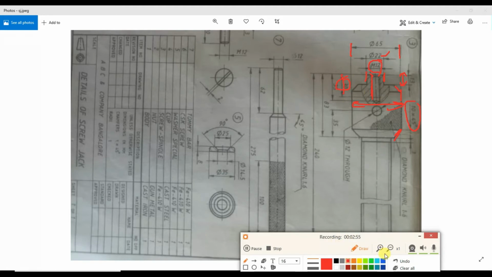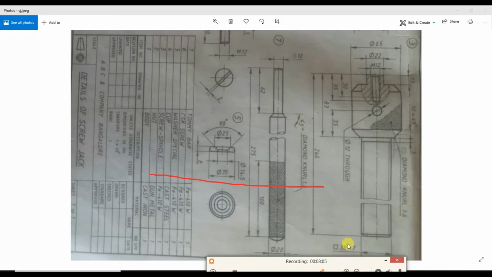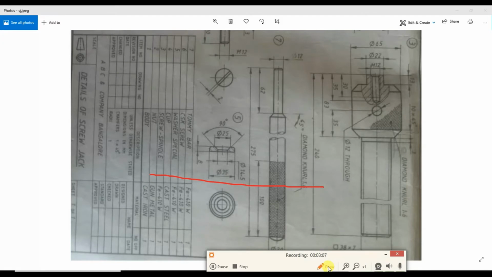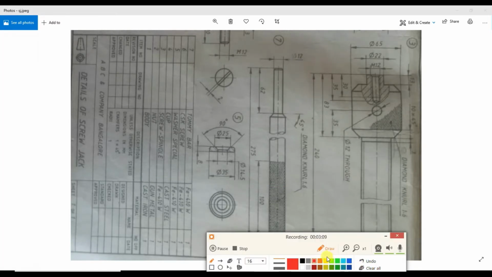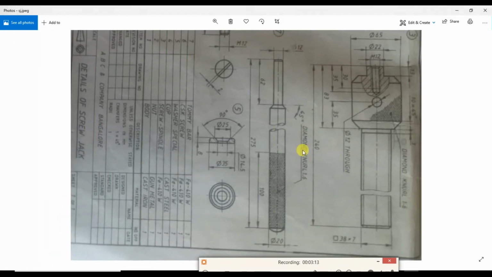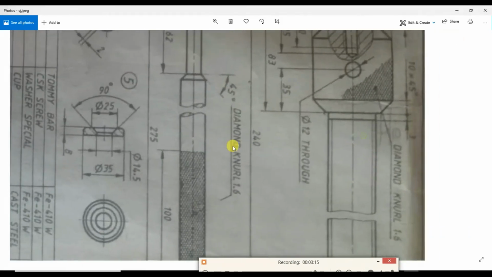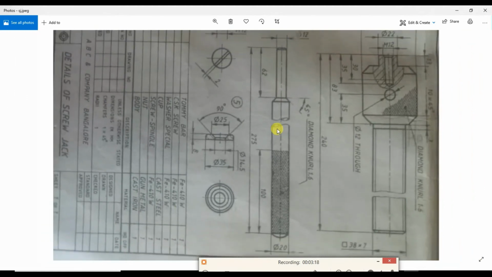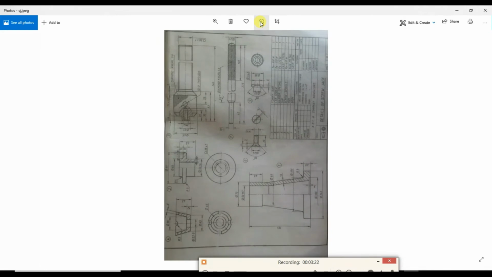So here I'll start constructing this diagram. Otherwise, I'll rotate this.